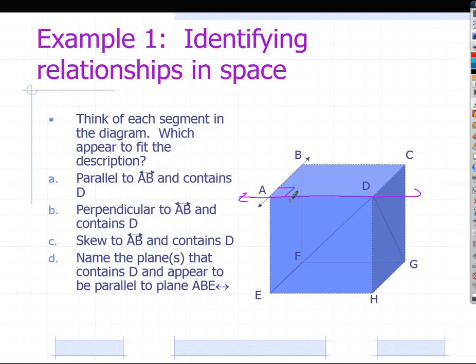Can somebody name another line that's perpendicular to line AB? I don't care what point it goes through. What do you think, Kurt? BC does too. Name another one, somebody. Line HA. Line HA, oh, I didn't know if anyone was gonna pick that one. Yeah, that's a tricky one. It was hard to draw, but if I do line AH, would you agree that those two actually do meet at a right angle? If I extend this out a little further, they meet at a right angle too, don't they? Line BG. Which one? BG.